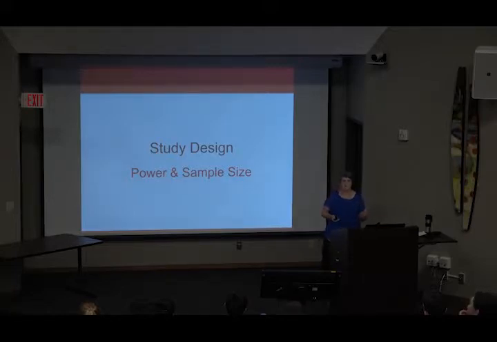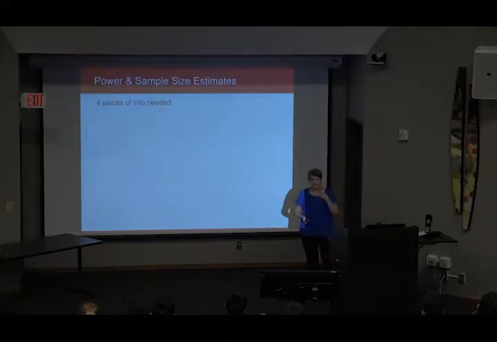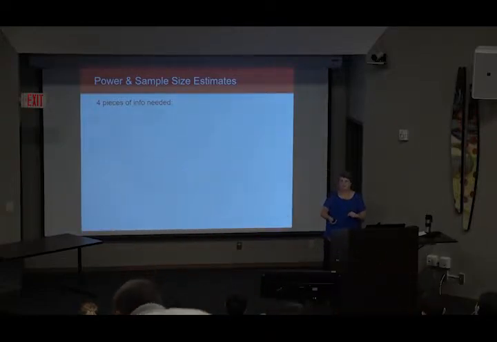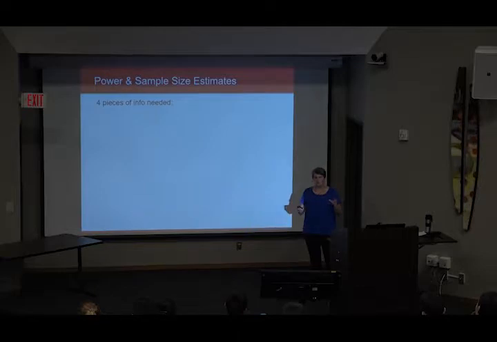So let's switch gears and talk about one of the early components of study design. One of the things I've gotten the most questions about since I've started is sample size calculations. One of the kind of basic things when you're designing your study, how to get going with that. So there are 4 pieces of information you need at a minimum to be able to look at your study design and determine how many people you might need to recruit for your study.